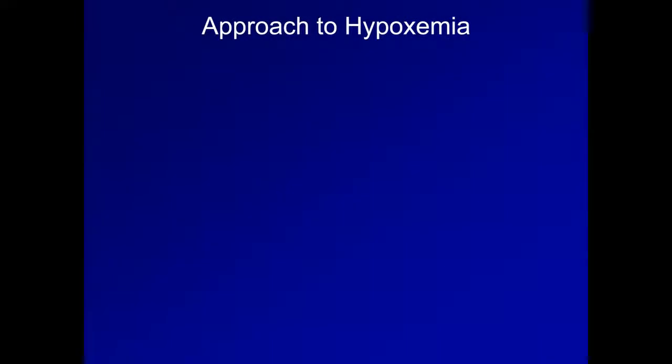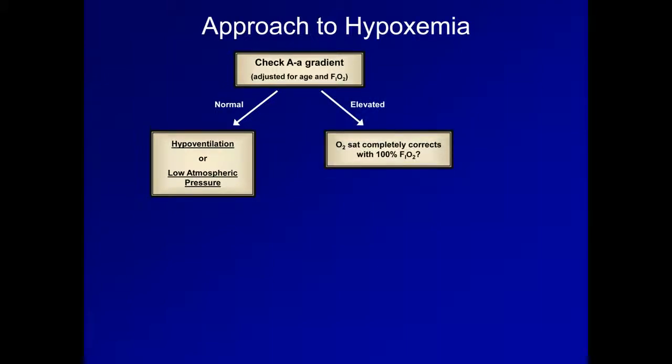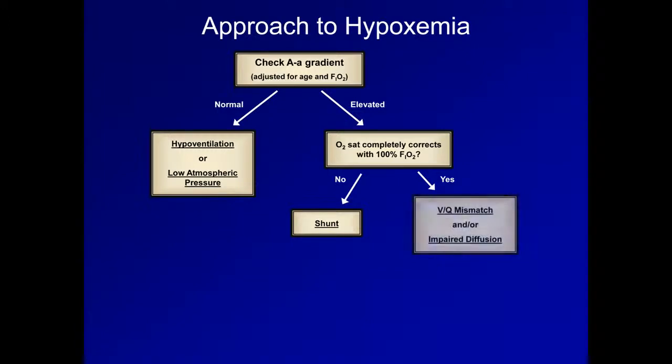So finally, let me summarize a diagnostic approach to hypoxemia. The first step is to compare the alveolar arterial gradient against normal, adjusting for age and FiO2. If the AA gradient is normal, you must be dealing with hypoventilation or low atmospheric pressure. If it's elevated, next check whether the O2 saturation completely corrects with 100% oxygen. If not, then the patient probably has a right to left shunt. However, if it does correct, then the patient probably has either VQ mismatch and or impaired diffusion as the primary